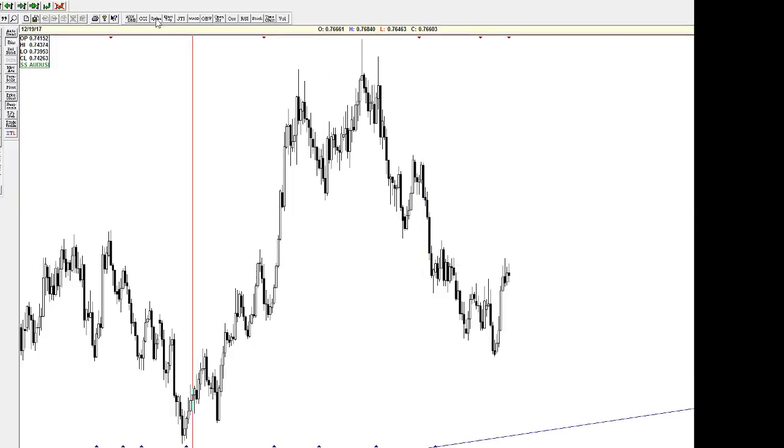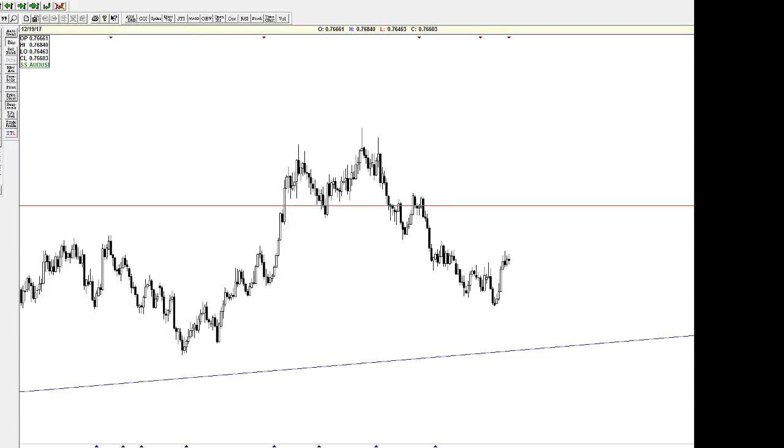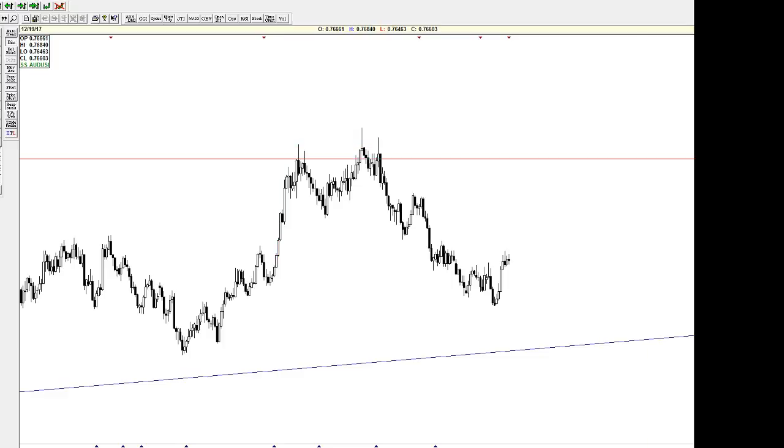And none of these worked out. Cycle, ADX, nothing really there. So the next thing I wanted to go to is the Pitchfork right here. Now let's use the oscillator,